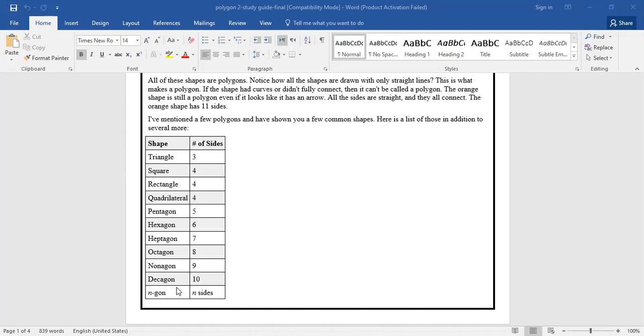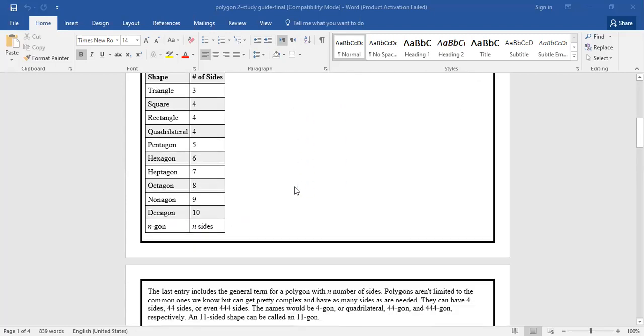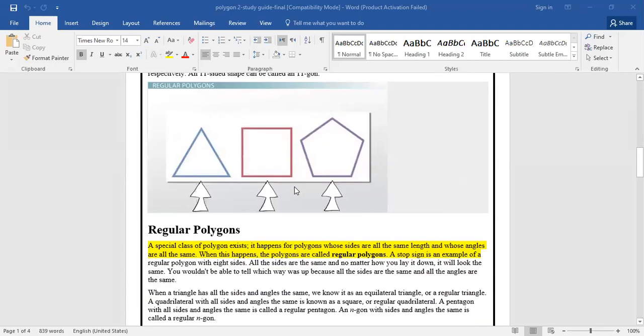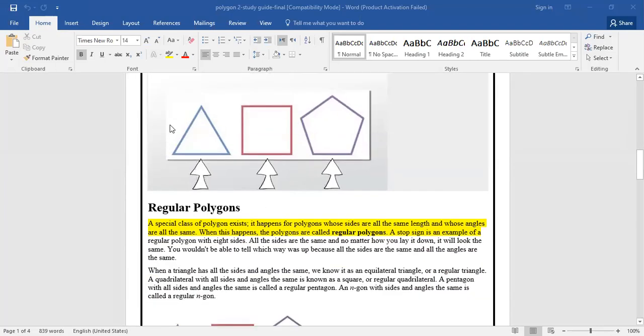The word gon means what, grade 7? Sides. Okay, 11 gon means 11 sides. And we talk about regular figures, so we can say this one is an equilateral triangle, and the figure in the middle is what, grade 7? Quadrilateral. And if it's regular, we can call it